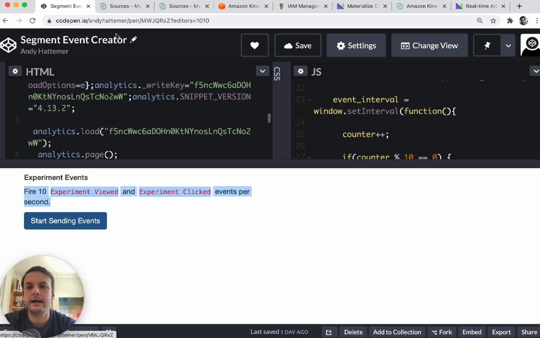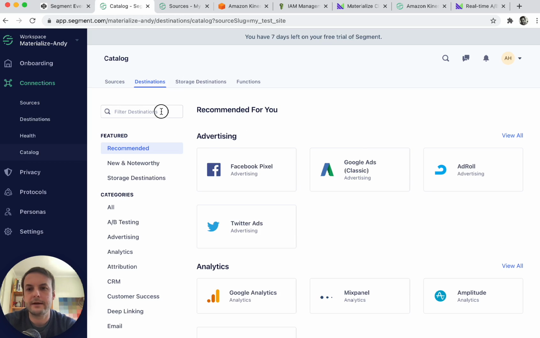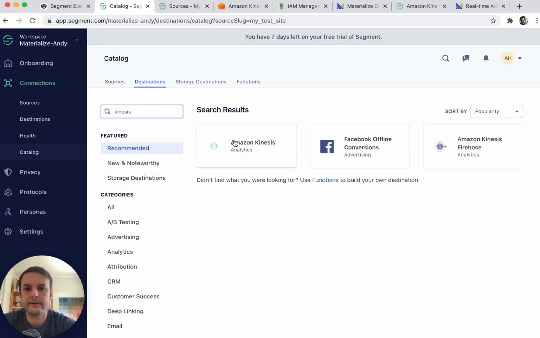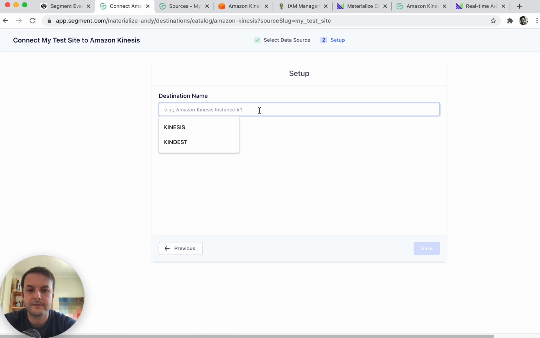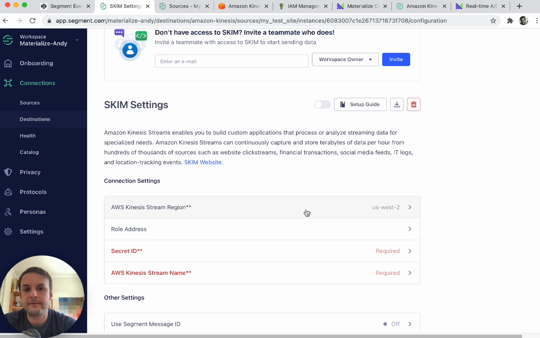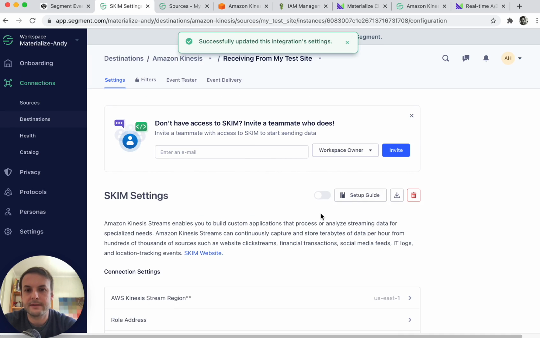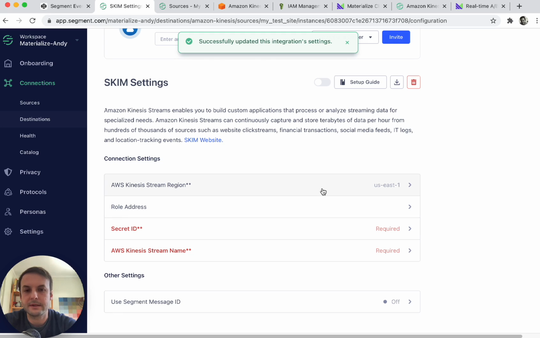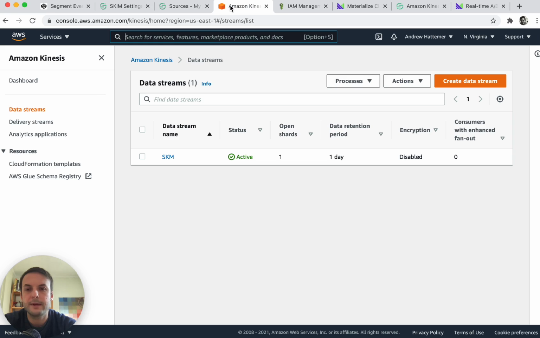And now I want to enable the Kinesis destination, which will allow me to forward all of those analytics events to Kinesis. So I do that in the Segment interface first. In order to set it up, I need 4 configuration fields. The first one, the AWS region, I know my AWS account defaults to US East 1, so I'm going to set that. And then these remaining 3, I need to go over to the AWS console and first create a